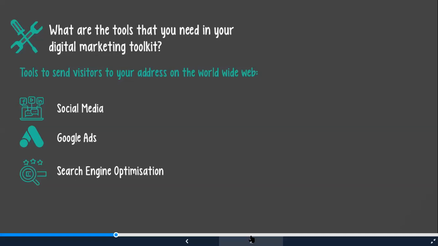In other words, it will be on page 1 or page 2, and you won't have to pay Google to show an ad for your business. Google Ads is more of a short-term solution. Search engine optimization takes a bit of time, and we usually recommend that you stick with it for at least 3 to 6 months to really start seeing the benefit.